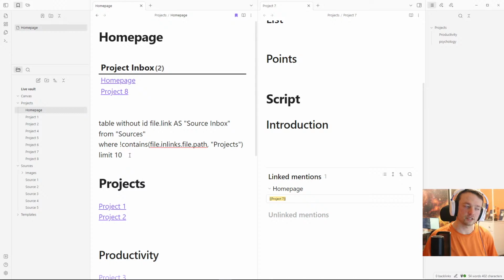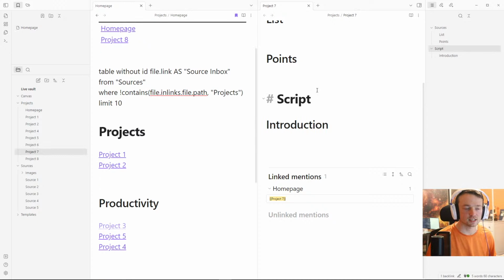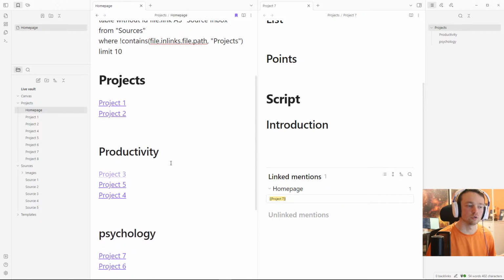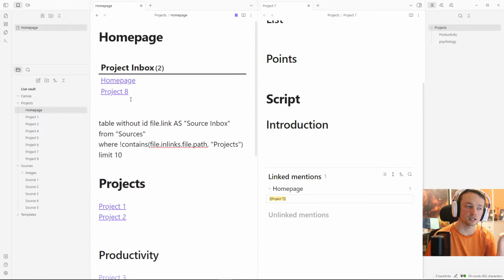Maybe we're getting conflicting, but I don't think that would work, because if you have a tagged file, you still wouldn't be able to work out whether it's linked or not. Because if I've got a tag inside of project 7, it's not going to show up yes or no whether it's linked or not, because you'll be searching for, yeah. So but if you're going hashtag projects, hashtag sources, that's going to show you everything,